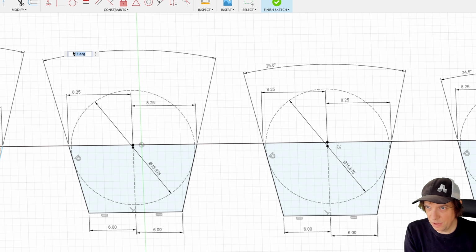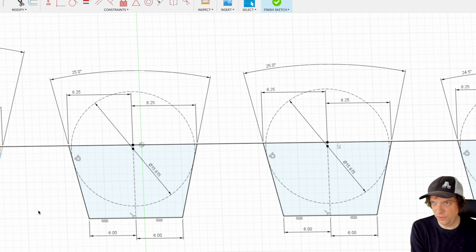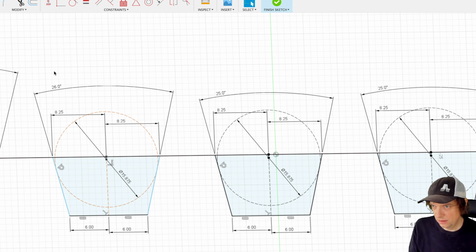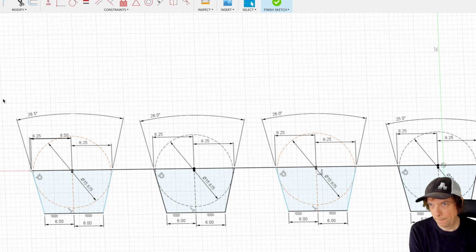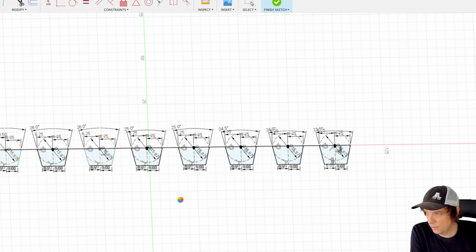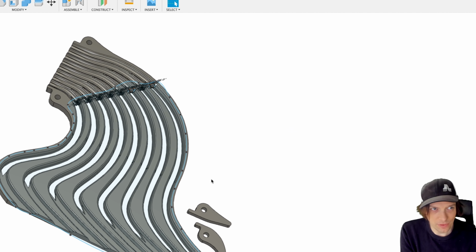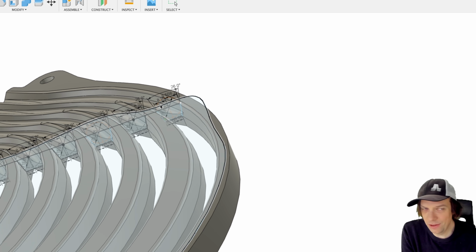Here I want to make a big difference. So 27 degree, we're going to go all the way down to 25, to 28. So we're gonna go down to 26. And the last channel, 26.5. So now my model will update automatically because I have programmed it parametrically. Our new slower curves. I just realized why the last tracks are so fast, and I knew about this from the beginning. I didn't think it would have that big of an effect.